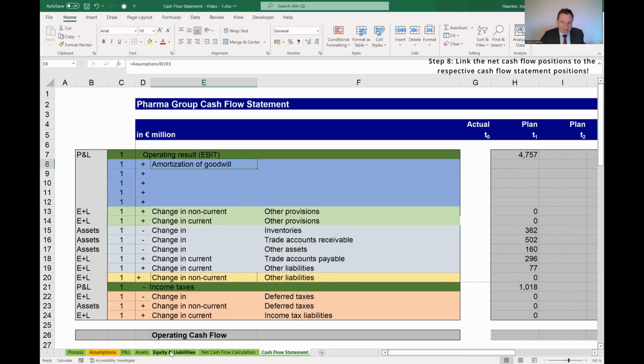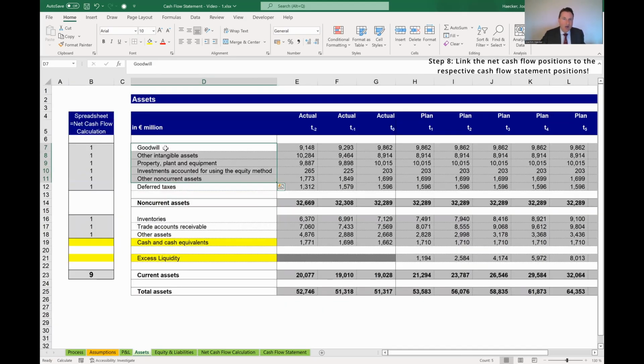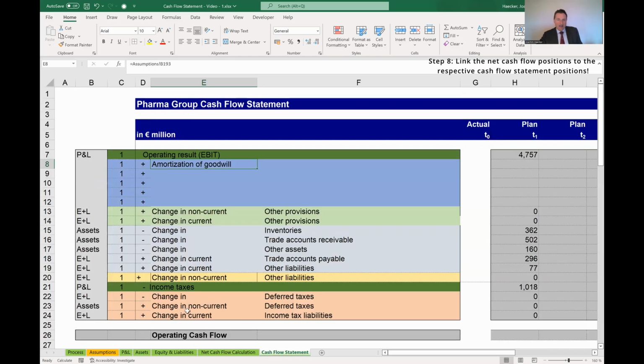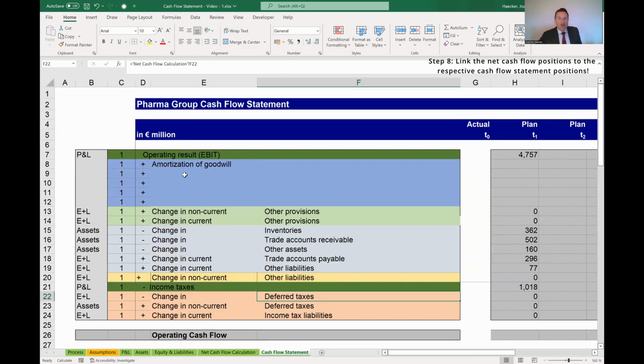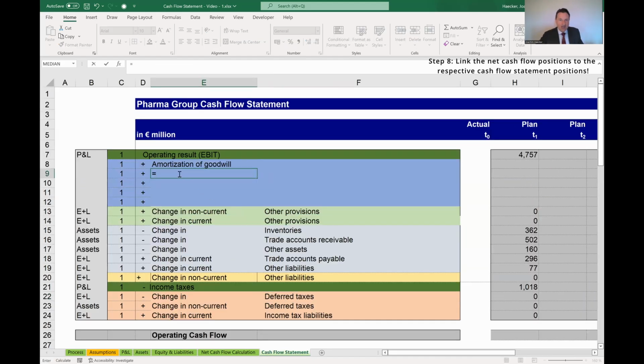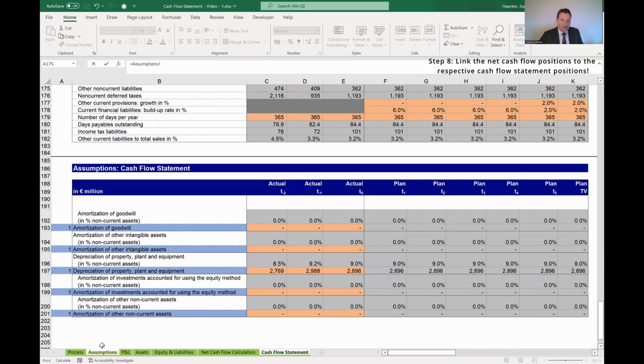So you see here, in my asset side, I'm having 1, 2, 3, 4, 5 assets positions, except of the deferred taxes, which I took care of in the deferred taxes on the asset side. This is this position. So basically, I'm having 5 assets positions. Therefore, I'm having 5 of those non-current assets positions, which are being depreciated slash amortized,